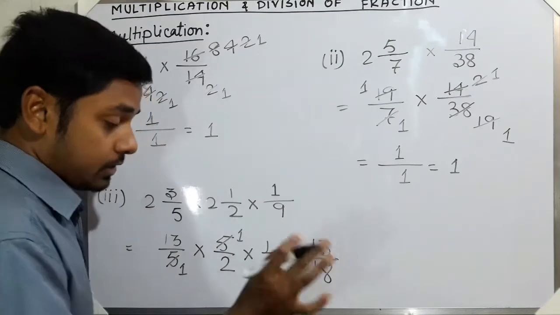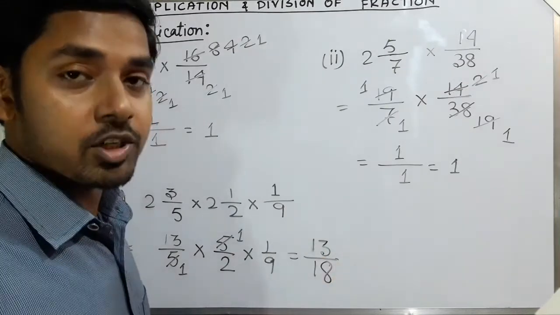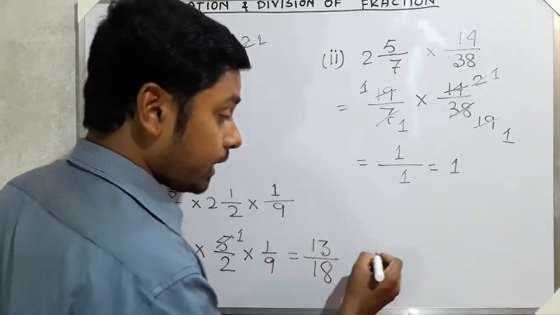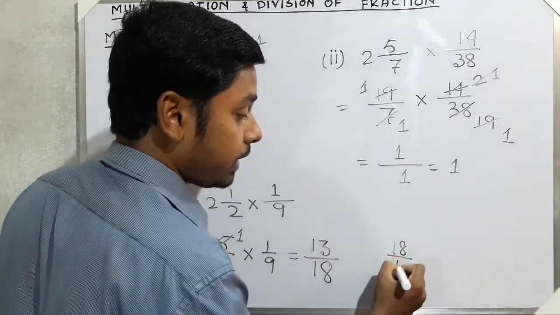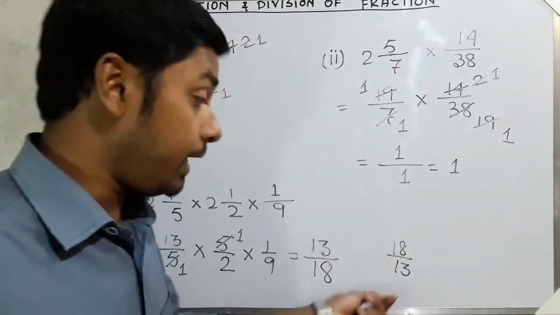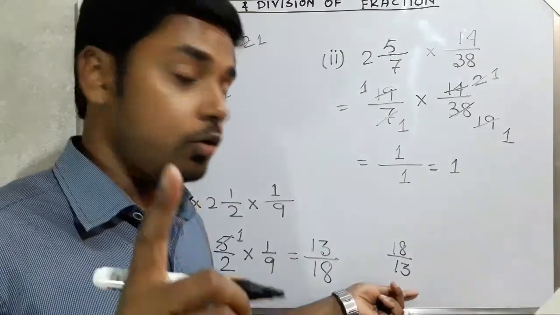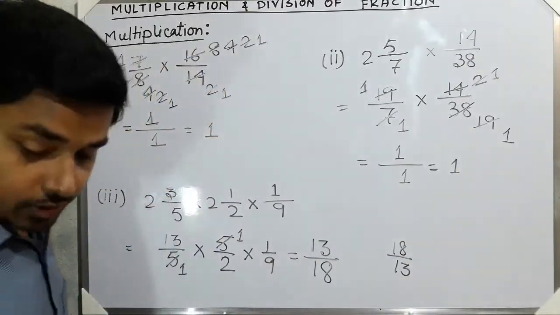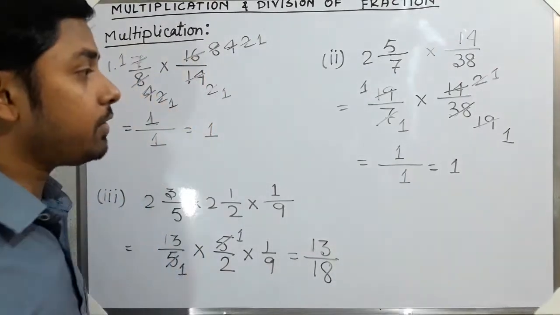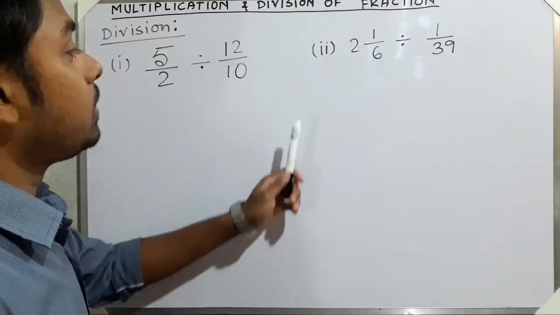Now suppose you have got a proper fraction here, fine, but if after cutting you get an improper fraction, suppose 18 by 13, then again you have to convert it into a mixed fraction. Do keep it in your mind. So first of all, pause the video to note it down, then we will go forward.